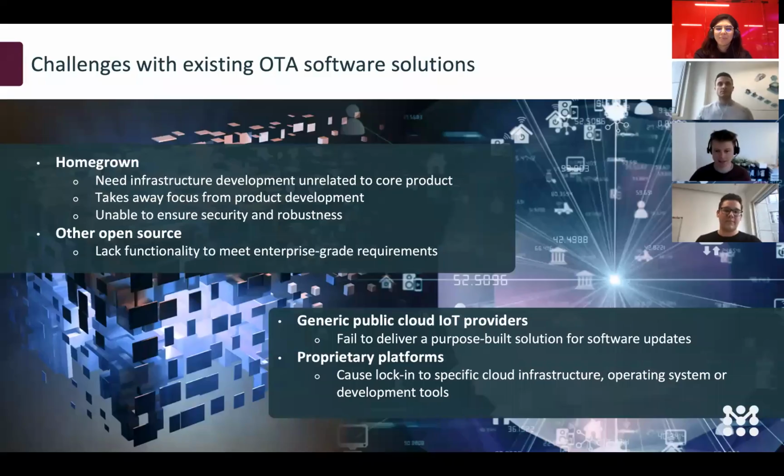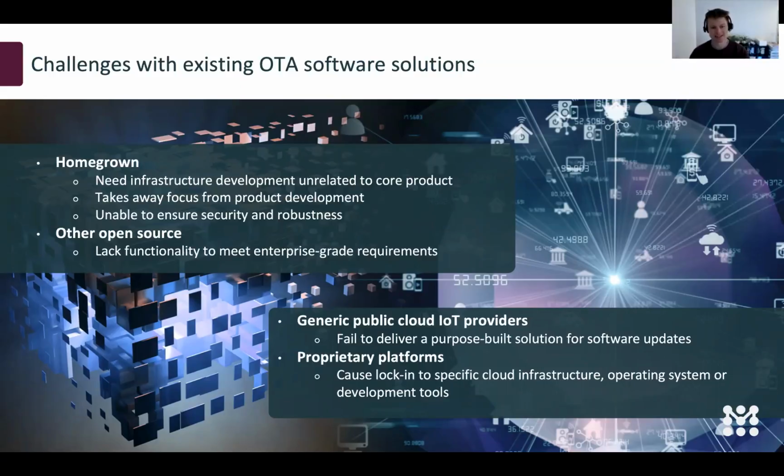industrial IoT use cases. So I'll talk a little bit about the background of Mender and what we saw when we started Mender. I think it was back in 2015 or so. At that point, there were mostly homegrown OTA solutions for the companies that realized that they needed to do OTA. There are quite a few challenges building it yourself. It looks quite easy in the beginning, but it gets very expensive, and it takes the focus away from your